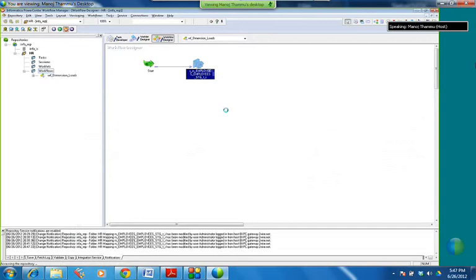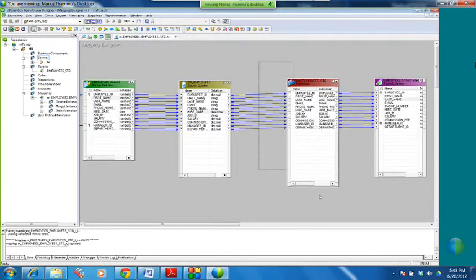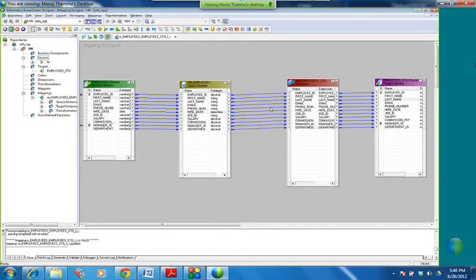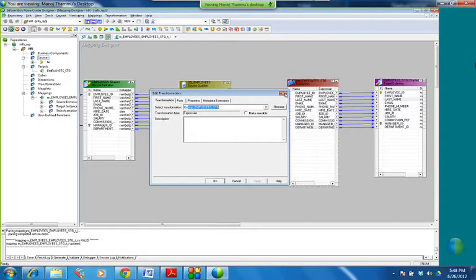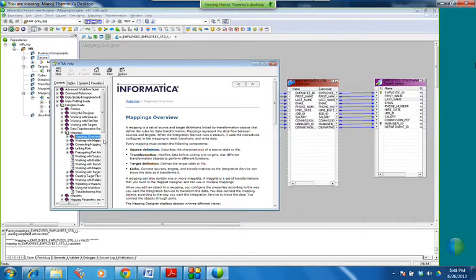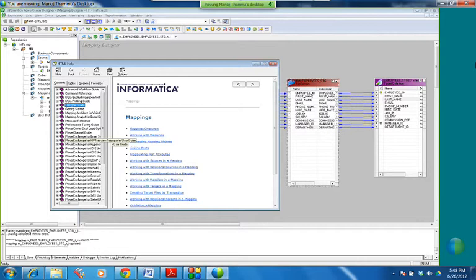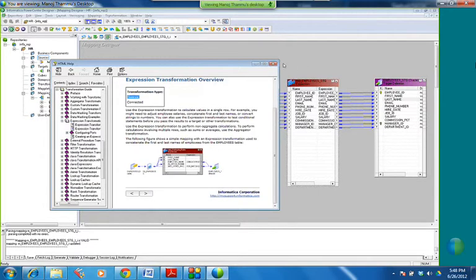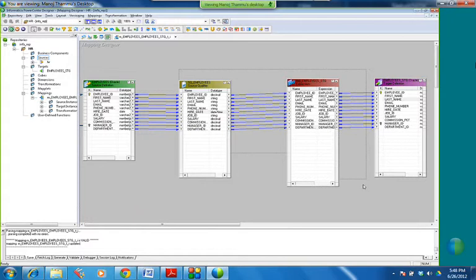And I don't want to proceed much faster today. So tomorrow we'll be learning the expression transformation. What is active, what is passive, I'll be telling you tomorrow. If you read the expression, you will understand what it is. The expression is passive. When I go to the transformation guide here and read the expression, it says it is passive. So why is it passive? Why is it active? You will be learning tomorrow. So we will be completing the expression tomorrow. Then we will go to the filter also tomorrow. Try to read the filter transformation as well. Okay guys?